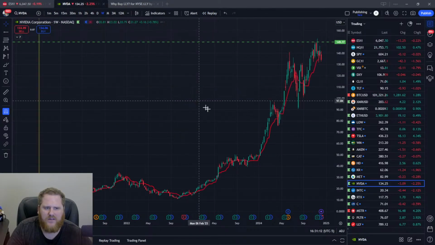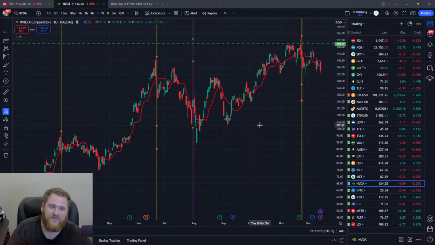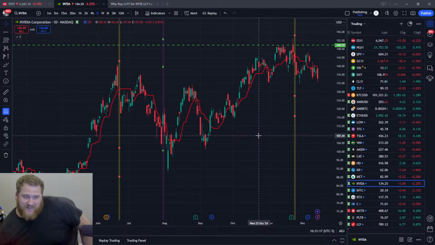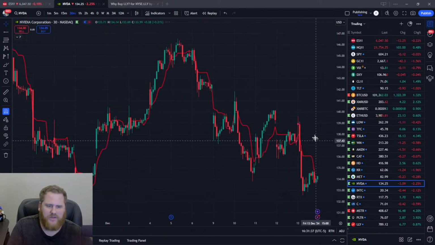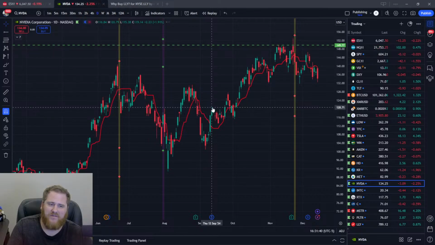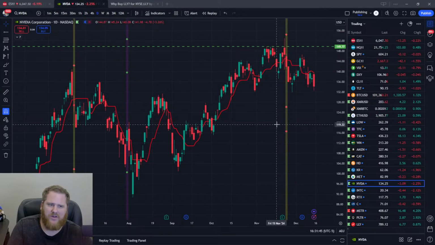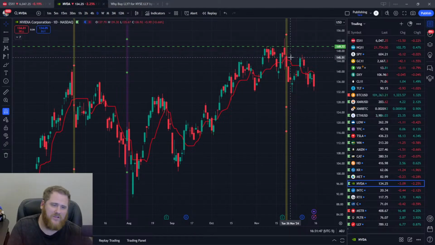And then Nvidia once again is giving me a little bit of concern. Now, I own Nvidia, by the way, full disclosure. Again, it's another long-term owned stock. I bought this back during the pandemic and I've held it ever since. But a couple of friends of mine took some puts on it today, and I really wanted to join them. This was at the open when it was actually up on the day, because I've been getting very, very concerned about Nvidia, and it had a very clear bear spike right there at basically the 150 psychological level.